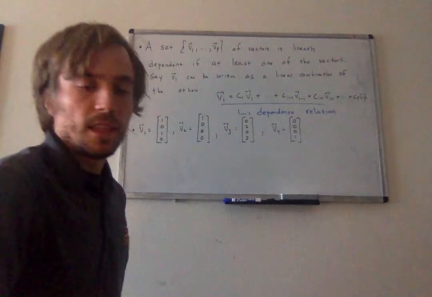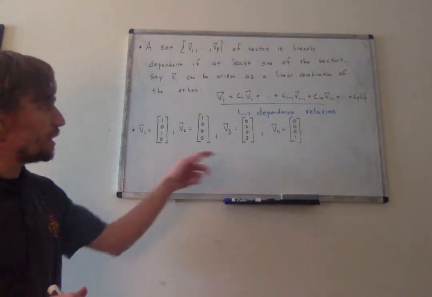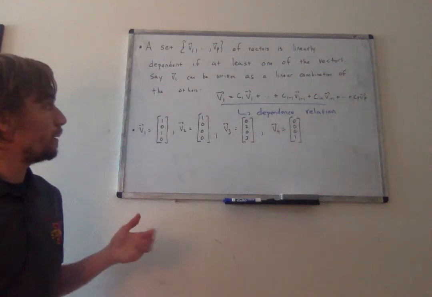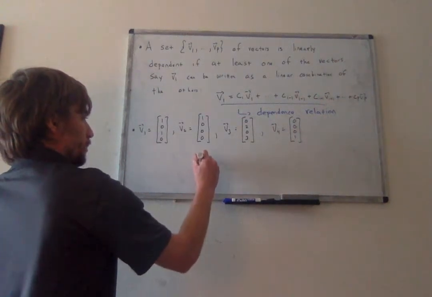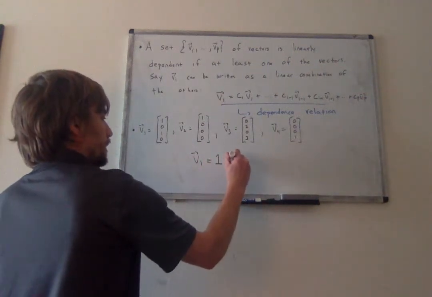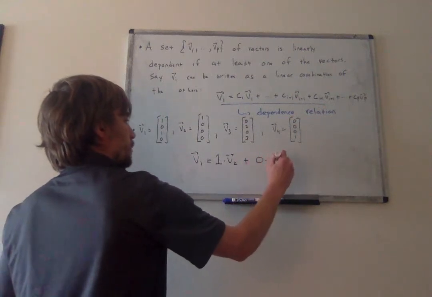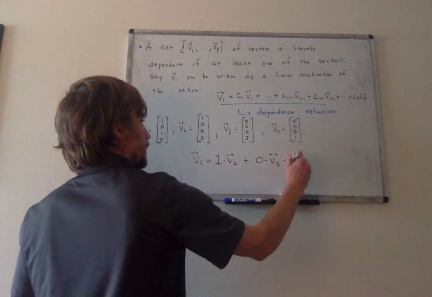Let's say we had this set of vectors in R4. It turns out that these 4 vectors are actually linearly dependent, and it's not terribly hard to find the dependence relationship here. We could say that V1 is equal to 1 times V2 plus 0 times V3 plus 1 times